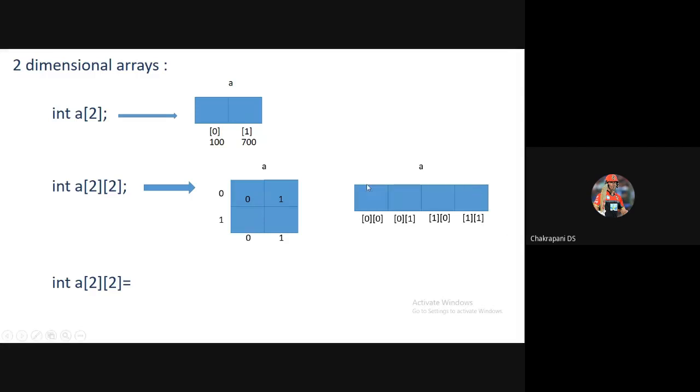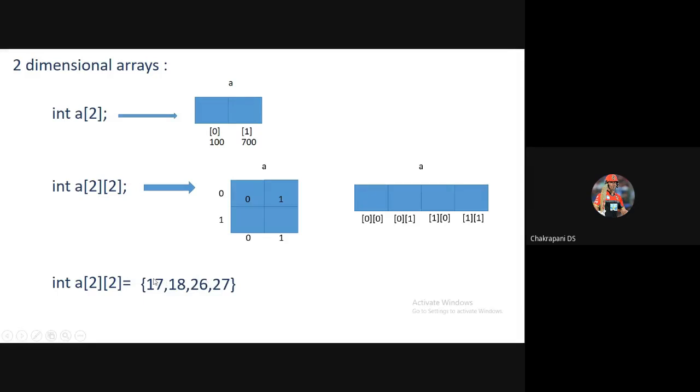Now, let's see this example here. Once you create a two-dimensional array, you can store values in that two-dimensional array. But how to store the values here? Same as a single-dimensional array. The way we stored in a single-dimensional array, we can store the same way here. So after the declaration, use the assignment operator with flower brackets, because you already know how many elements you can store in this array. How many elements? 4 elements. You can write all the 4 elements here.